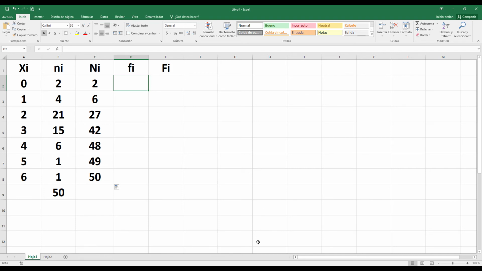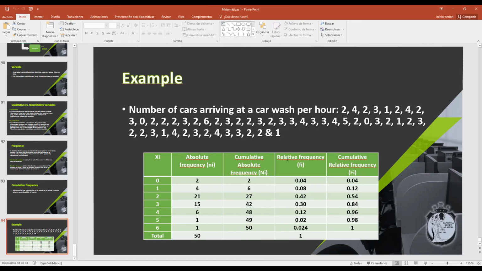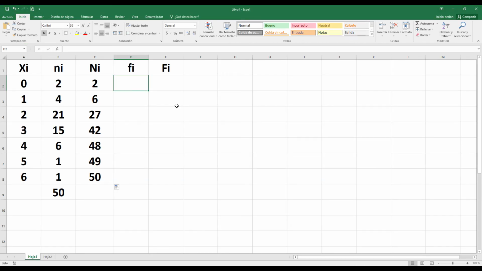Okay, now the next column is relative frequency. Relative is a percentage. So you need to calculate from that column here. How? You need to divide every data by the total. This is the percentage.